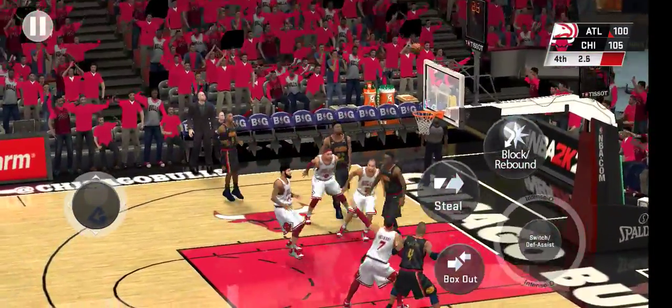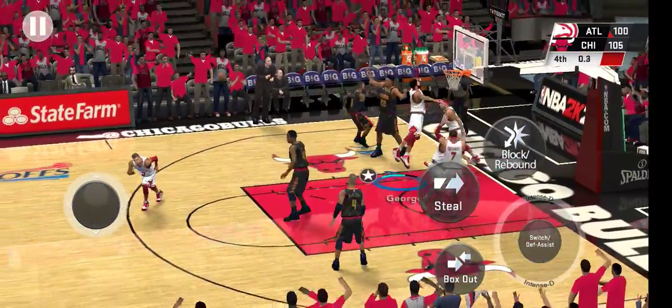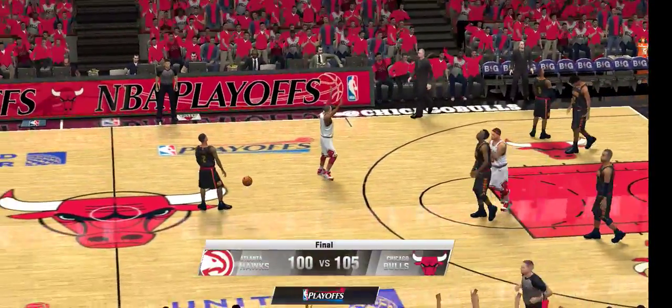Here's Collison. No good on the triple. But they recover it. And so it's